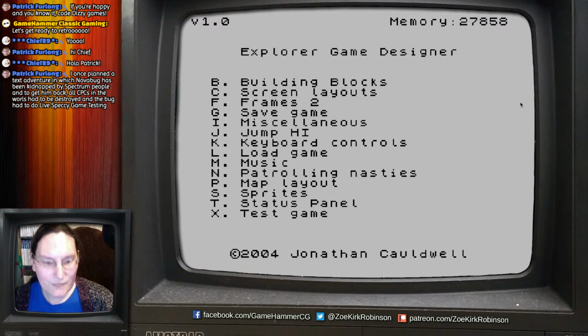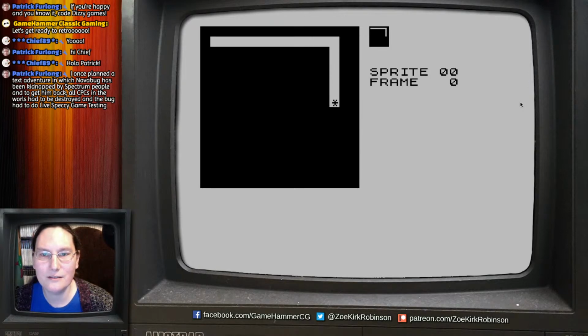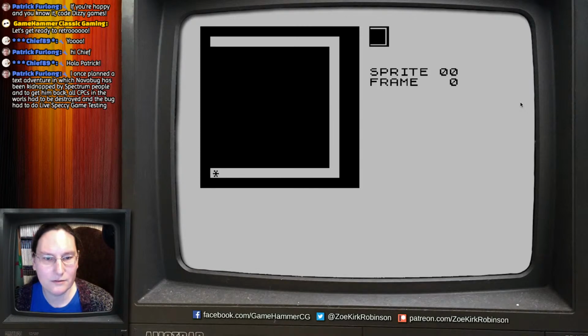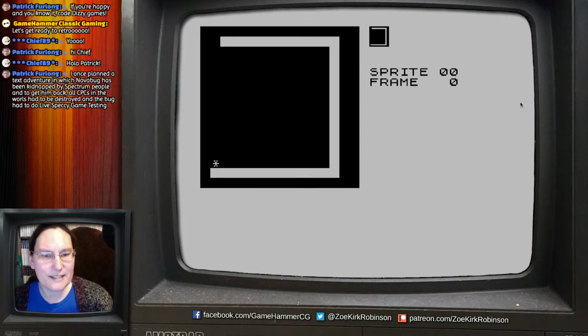So, I suppose we start with sprites then. Right. So we've got some sprites. This is lovely. This is sprite number 0, is it? I'm just going to see what I can do. I'm going to build a block. Yeah, that's a block. Oh, of course, it's a Spectrum. You don't get to design based on colours, do you? Because everything's set elsewhere. So we're going to set which bit's on and which bit's off for the sprite of